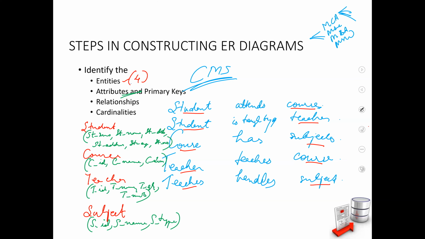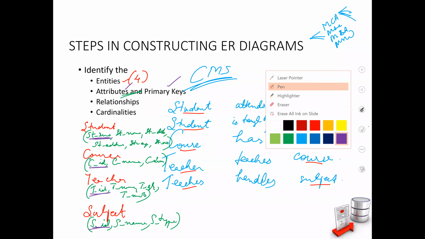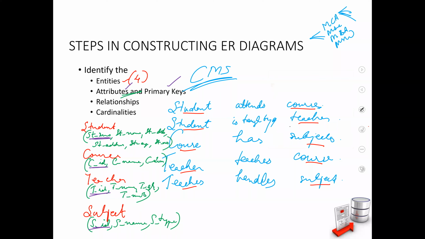So I have even identified my attributes. The next thing you have to do is identify the primary key. Roll number, ID, student ID. I've done my attributes and I even thought about my primary keys. So my second part, that is also over. Now the third one,